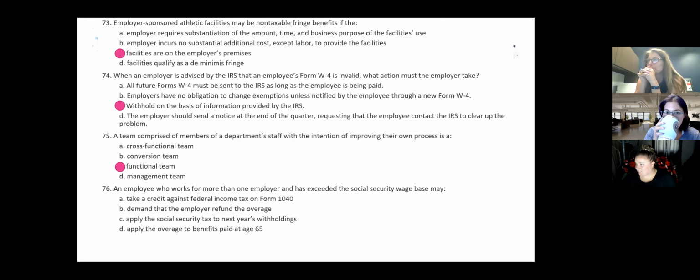It's C again. They want to improve, they want to get better. They're a functional team. An employee who works for more than one employer and has exceeded the Social Security wage base may